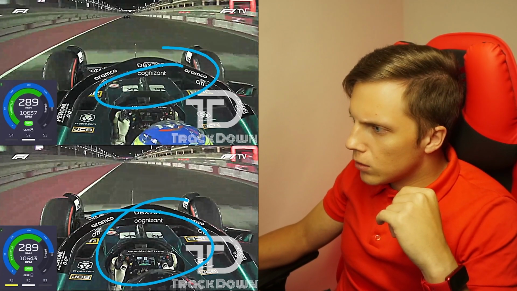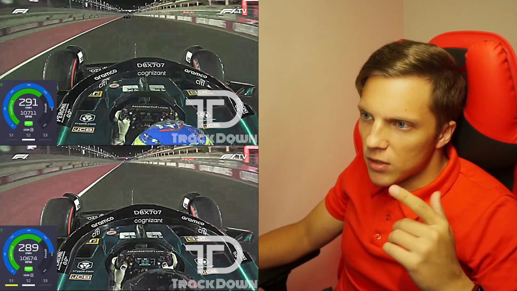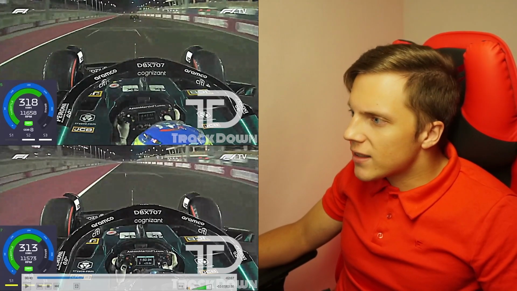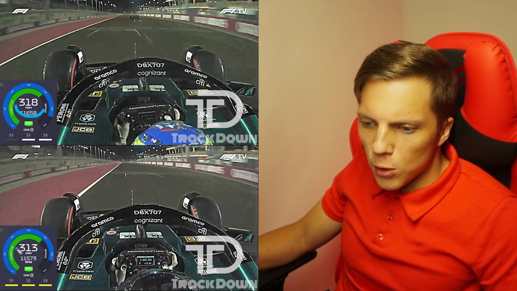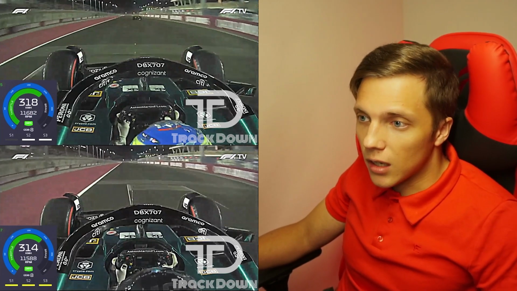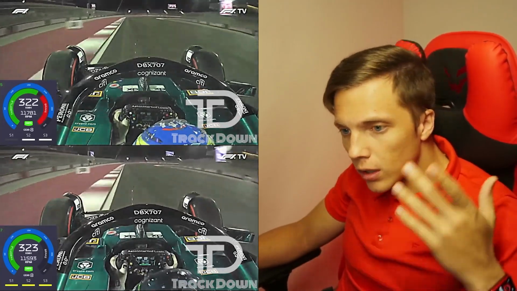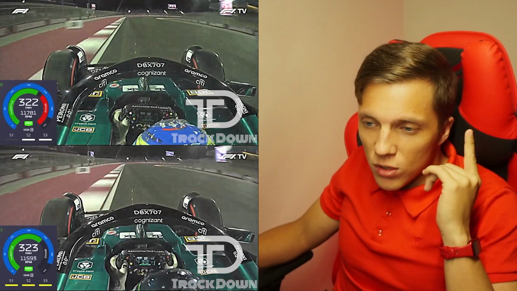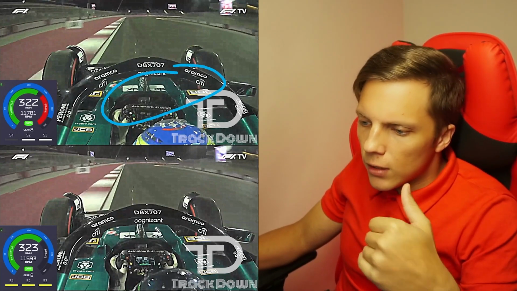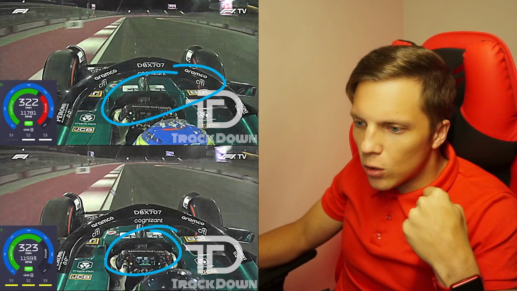Fernando and Lance Stroll, we see them both having the same initial speed, but Fernando is picking up the slipstream just at the beginning of his lap, and we can see a huge difference, 5 km/h, so slipstream basically still works. It didn't disappear completely with the new rule set of 2022, but I digress and we move towards the first braking point. For this corner, both Fernando and Lance will brake at the same point. The only difference is that Lance is not there.